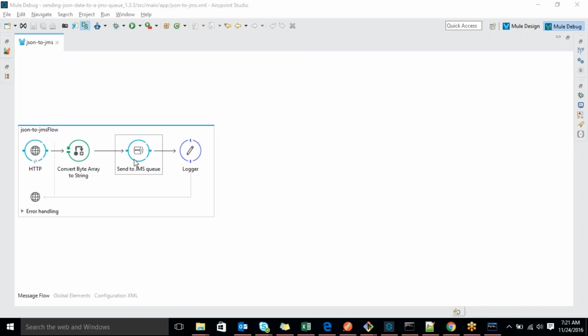After that, you can pull them one by one and send them to the server. Get it? So that is the purpose of this queue actually. Whenever you want to keep data in a queuing mechanism, you have to use this JMS queue component. Okay, so that is one scenario.